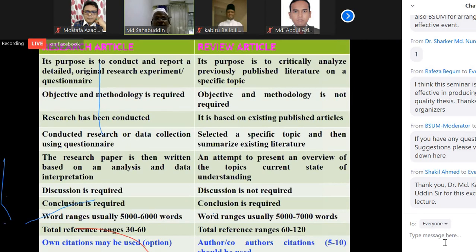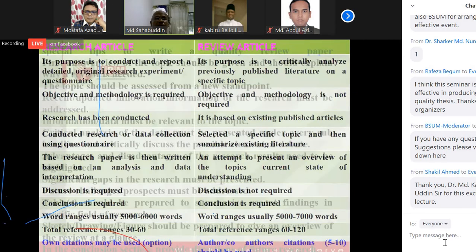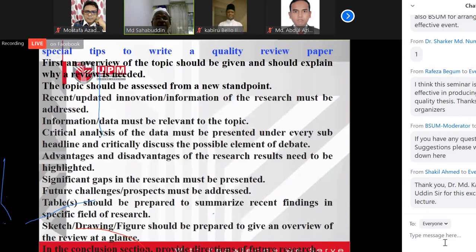So here the difference between the review article and research article. I think explanation is not important because we already give the idea. Just when you read, then carefully you have to follow that technique. So this is basic idea how we can write the review paper. So there is a few points. Just you have to cover the few points. I only can mention a few points when we write any review paper,